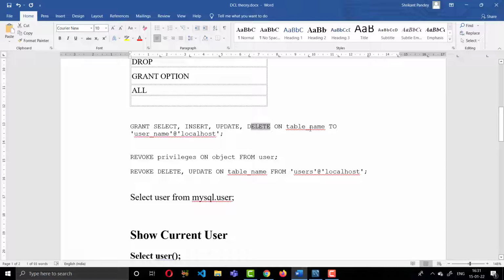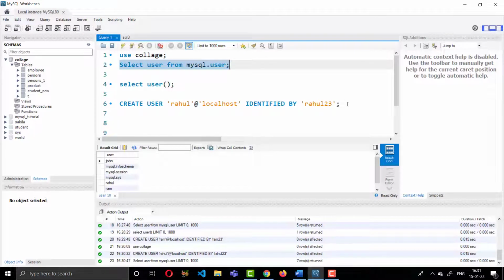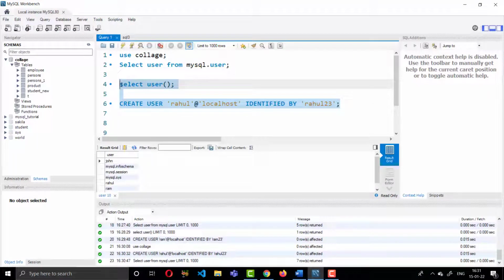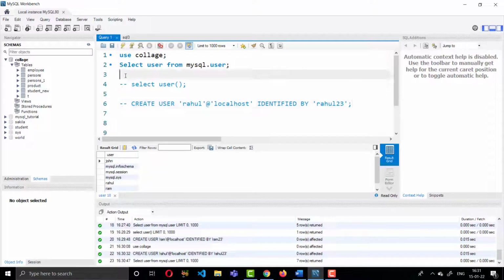Give the table name, then provide your username at localhost. Now I am commenting this part.